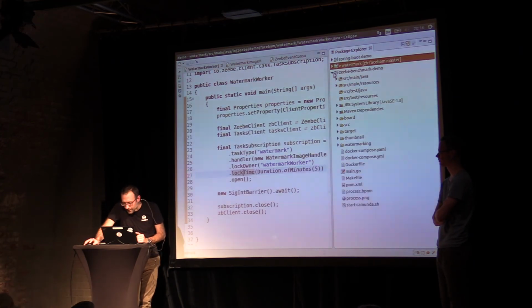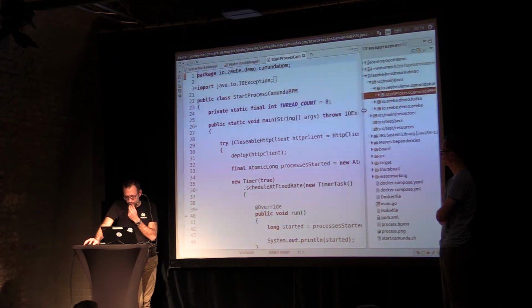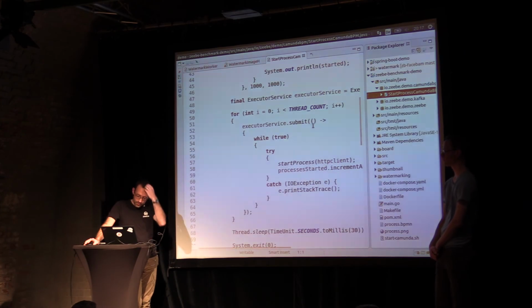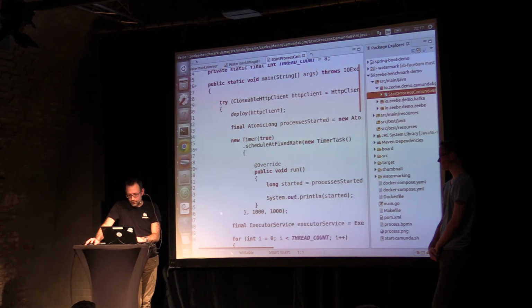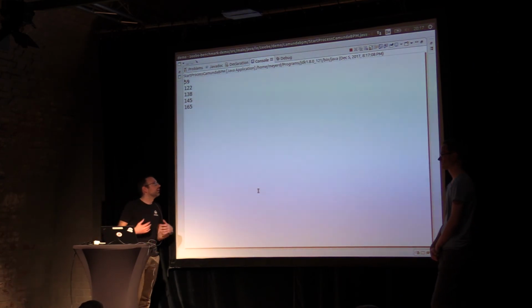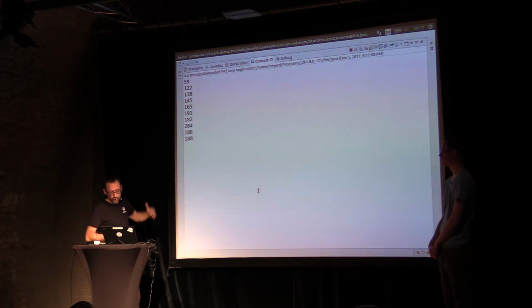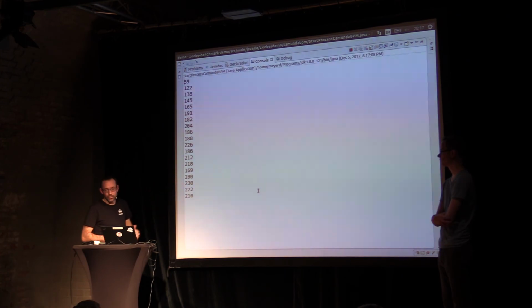So this is the wrong one. What I have here is a Camunda BPM script. This is using the REST API. The Camunda workflow engine is running on top of a relational database called Postgres, and via the REST API, this is now starting workflow instances, and it does so with a couple of threads to use more cores on my computer. We can see that now every second we log out a count of how many workflow instances are started in that second. It starts around 180, 200, 200, 230, so every second it starts around 200 workflow instances,